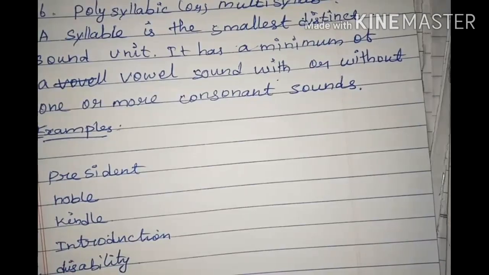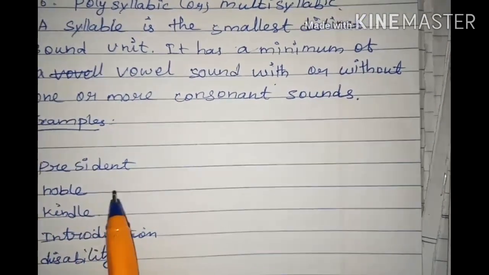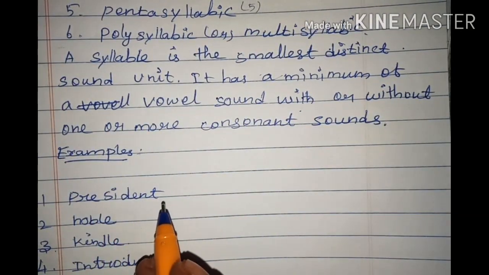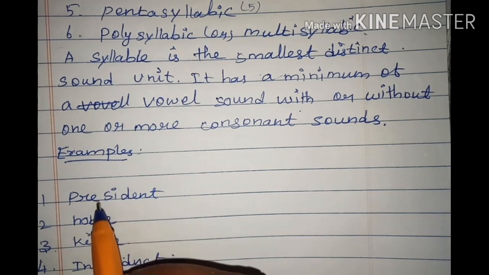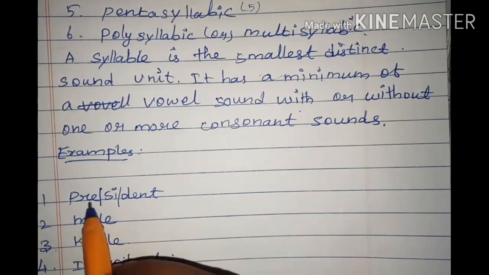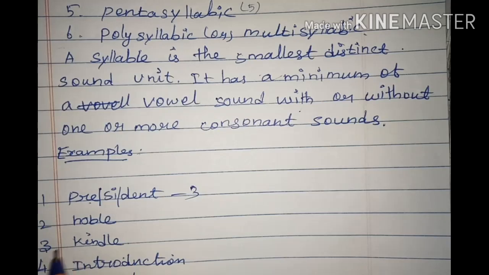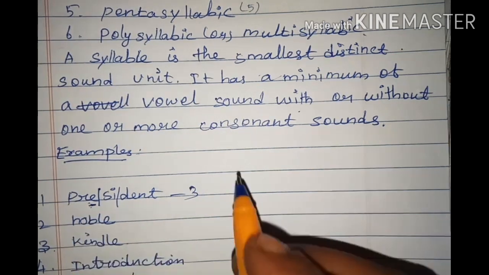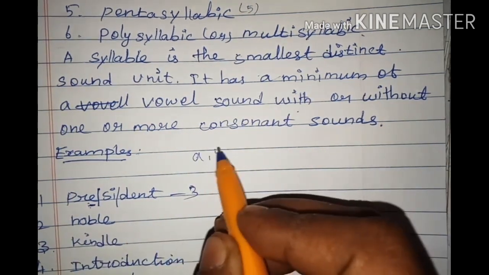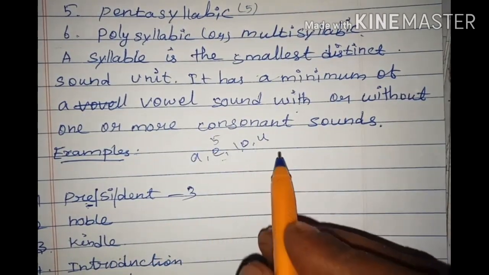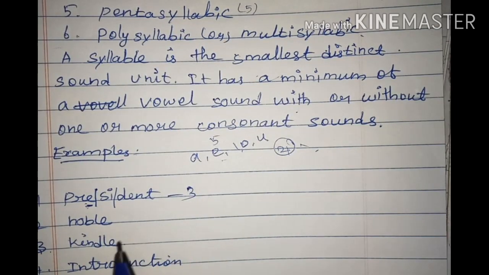Okay, here I give some examples. Just listen. I wrote here president, precedent. Actually, president is the word. So we are going to solidify the word. Here there are three syllables. In the first syllable, they have given one vowel, E. So what are the vowels? Can you remember? A, E, I, O, U. These are the five vowels. The remaining 21 are consonants. Am I right? Okay.